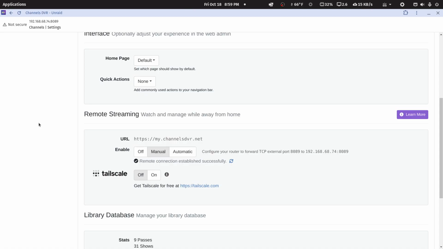So if I slide down, it does have built-in Tailscale access if you're under a CGNAT internet provider. You can forward a port with this to connect back to home. There's no users with channels, but if you're traveling, you can bring your device with you or use your phone or tablet or laptop while you're on foreign Wi-Fi and connect home, because you can forward a port. And CGNAT